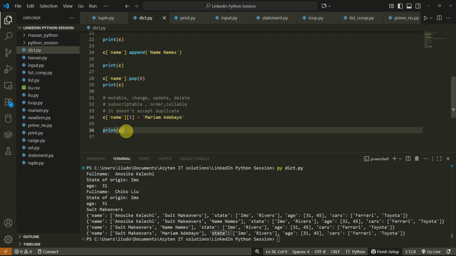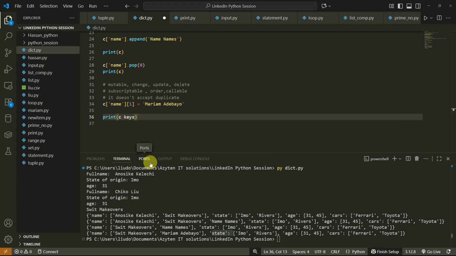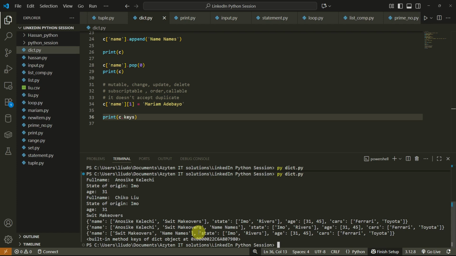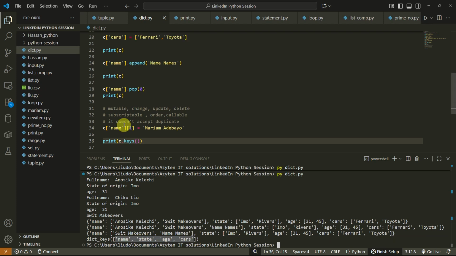And so I wanted to mention this. If I say C dot keys and I run it, I think it's a method. Yeah, with keys. The method, and if I save it and run it, I'm going to see the keys of each and every